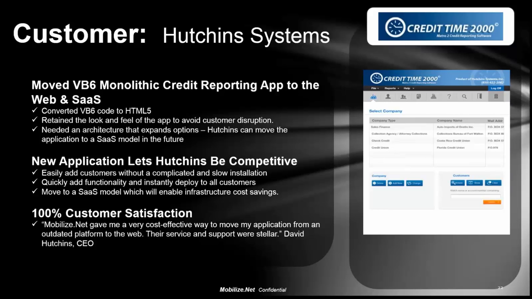So the car dealers can check what credit products are available, loan products are available for customers while they're in the showroom, sell them that car right away. Their application, again, was VB. It was monolithic. They had many of the same deployment, training, configuration issues that National Systems had with a non-technical